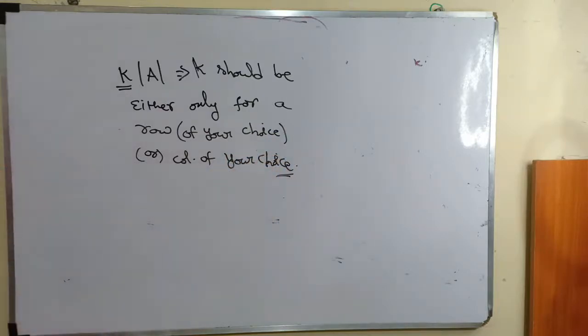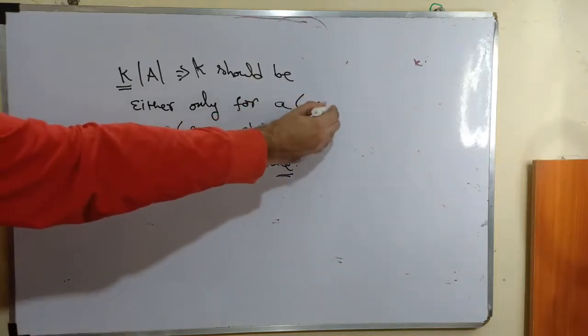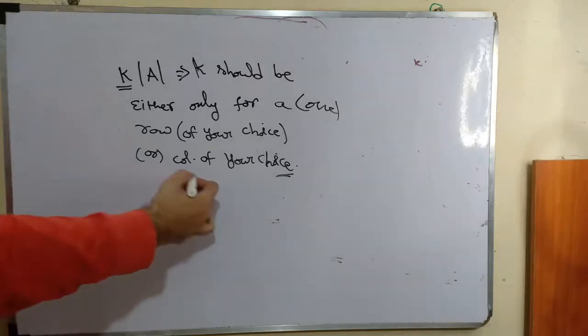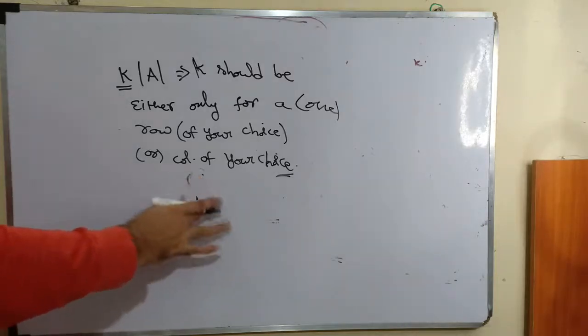You can multiply either only for a row or only for one column. Only for one column or one row you can multiply. This K should be multiplied as per your choice, as per convenience. You can multiply this K to the determinant, which means that if you have a row like this,